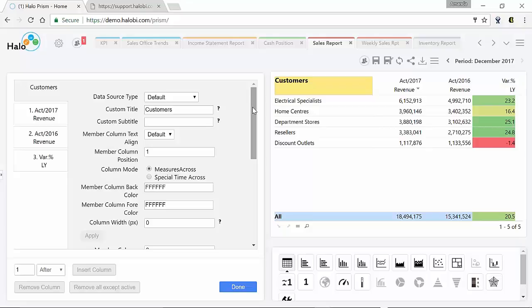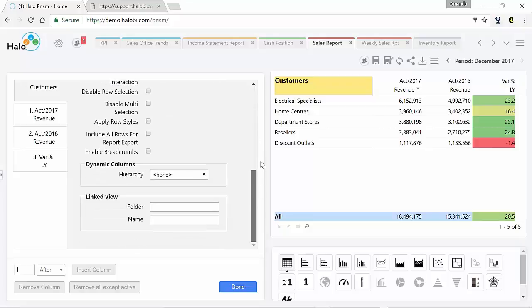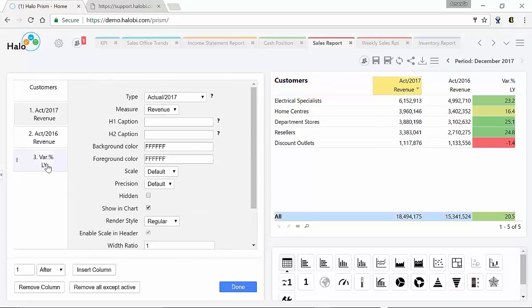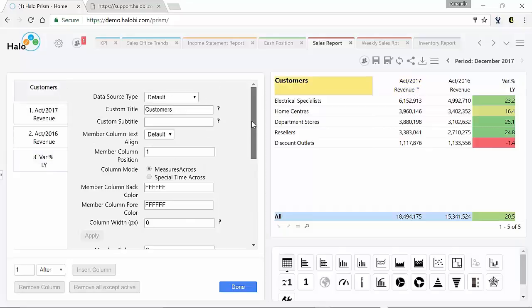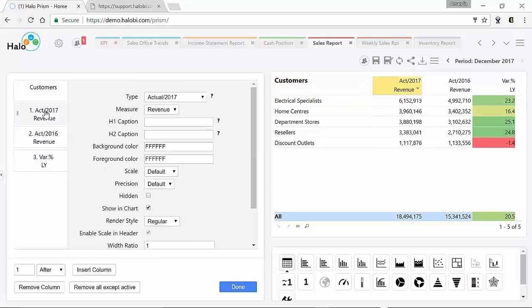The Paint Edit is now displayed vertically down the page instead of horizontal. Any setting that applies to the entire pane is here on the top tab, and then each tab going down the page represents a column that is in the pane. And then here are all the settings for that particular column. Adding new columns is very easy, where I can choose to add a single or multiple columns before or after